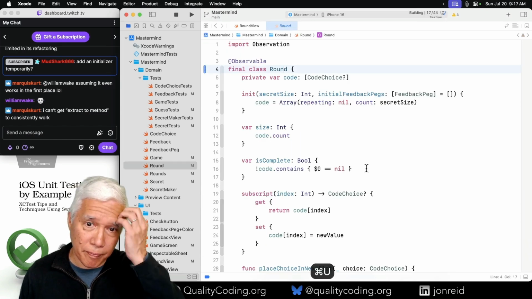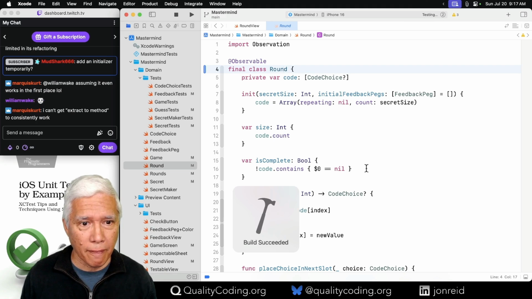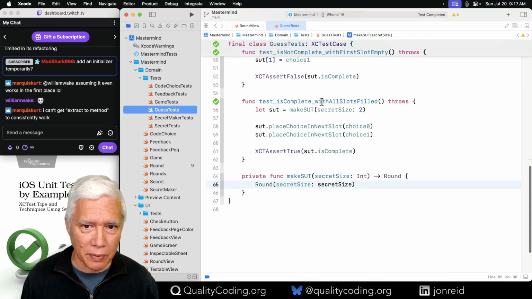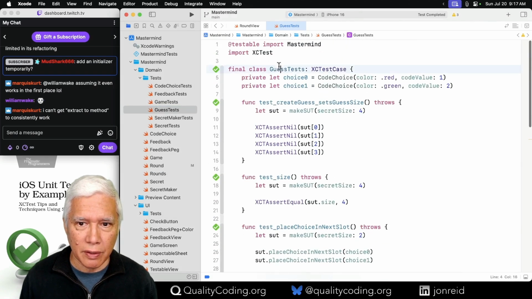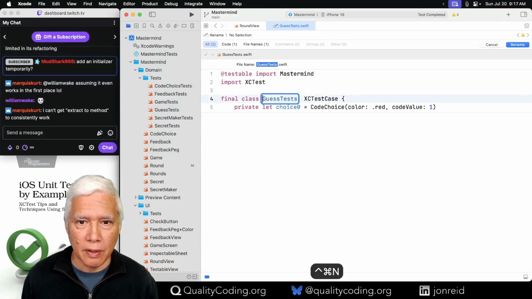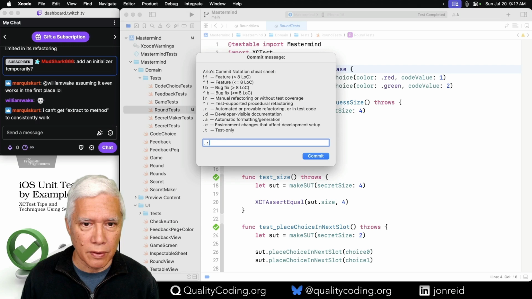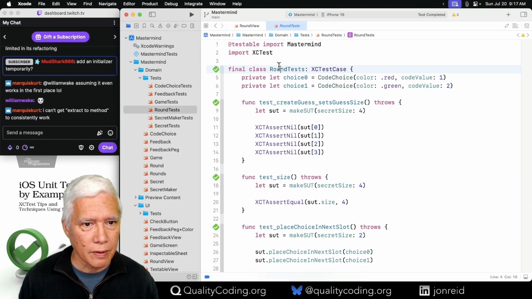Would be good. Rename guess to round. That's a big one. And we'll pick up the guess tests while we're here. Okay, with that,